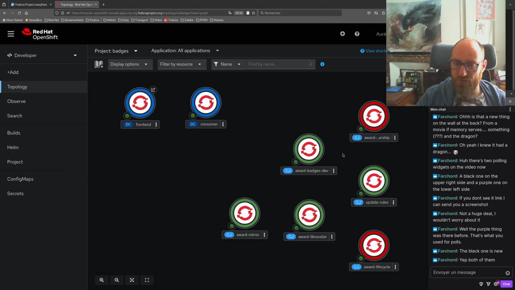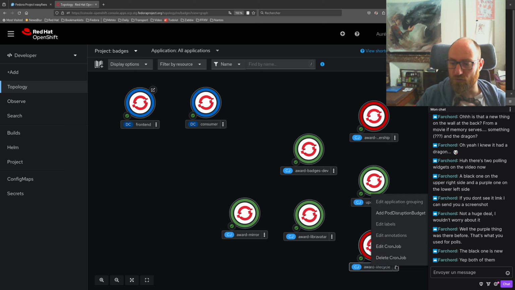So here you see the cron jobs, you don't see the jobs themselves. And on the command line, you have an option to create a job from a cron job, which is what the cron job does at regular interval, and you have a way to do it manually. So right now,